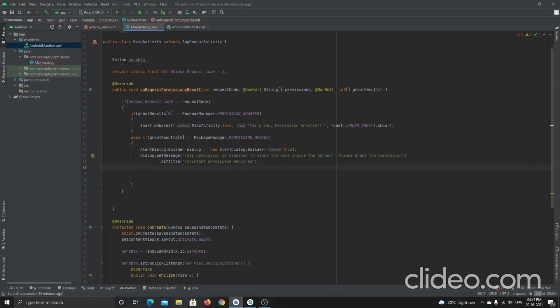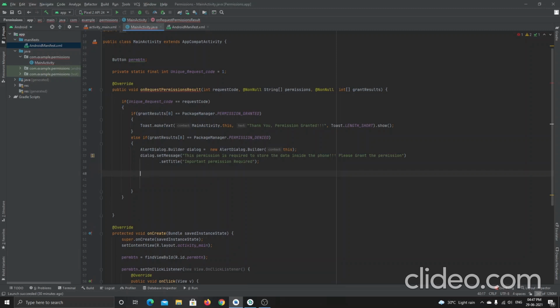Now I will hit enter and type dialog dot setPositiveButton.